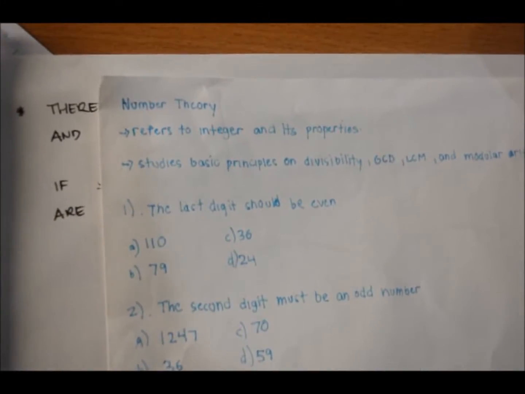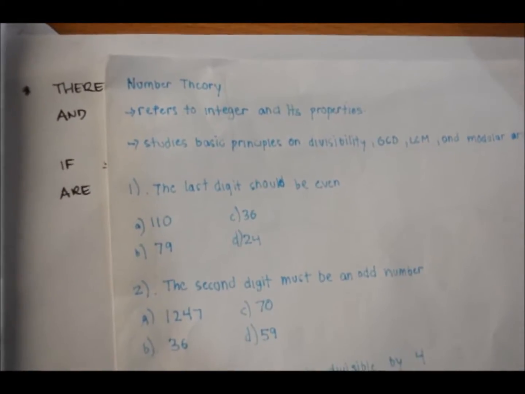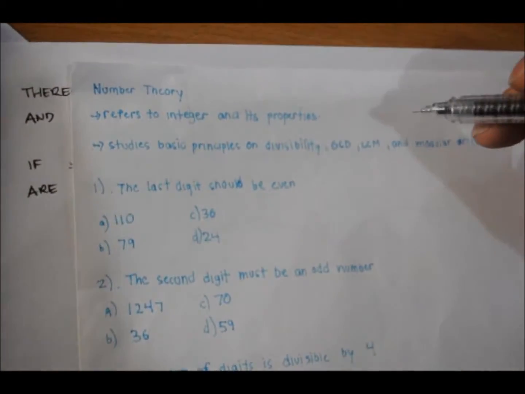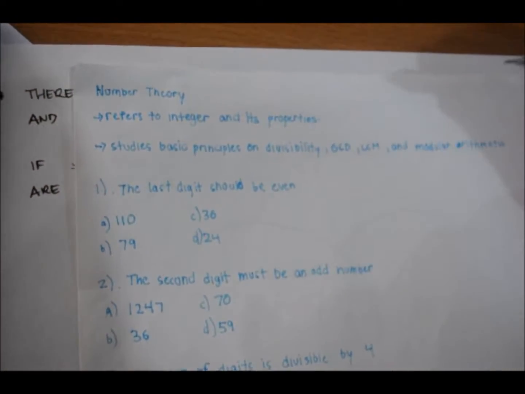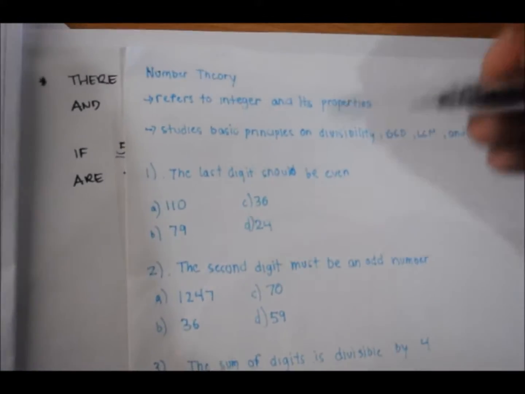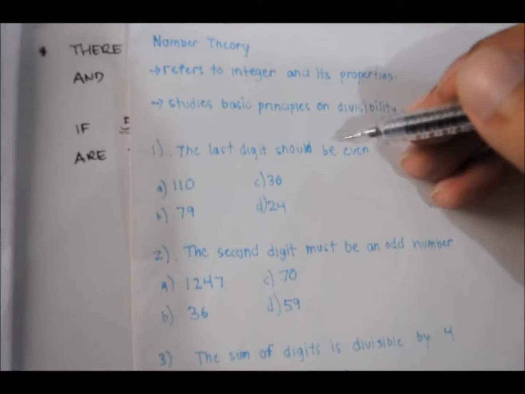Today, I'm going to explain about the topic number theory. Number theory refers to the integers and their properties. It also studies the basic principles of divisibility, greatest common divisor, LCM, and modular arithmetic. Now, the first problem. The last digit should be even, meaning,